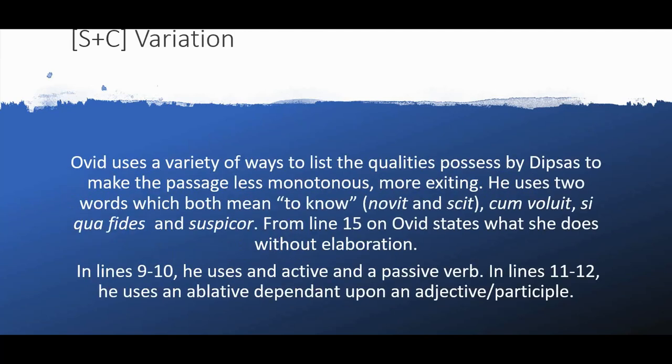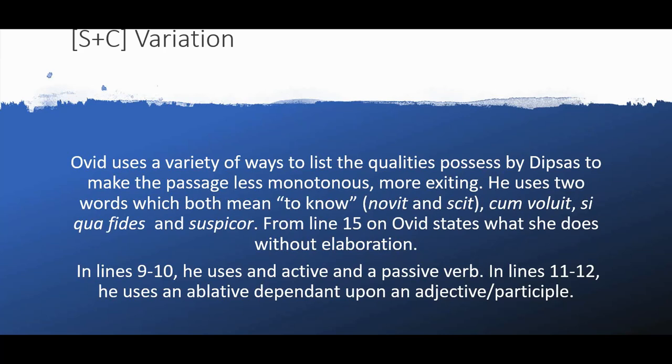Now, the Latin word for variation is variatio, losing an N from the English. And what it basically is, is that Ovid likes to use a variety of ways to list the qualities possessed by Dipsas to make the passage less monotonous. Now, in theory, he could just go bullet point, bullet point, bullet point, bullet point, all starting with the same word. So he could say,